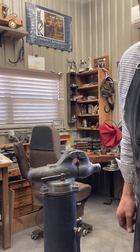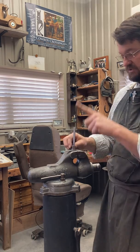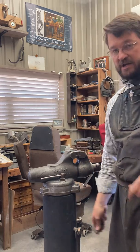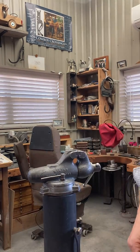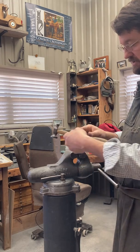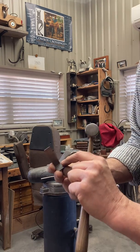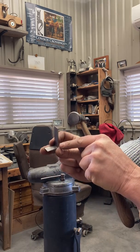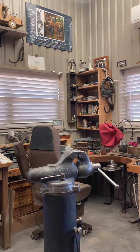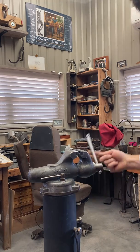And when I'm clamping it, when this is all straight, I get my square here, make sure it's straight up and down, pinch it down with my vise, and then I grab a hammer and bend it over straight. Bend it over and make sure that I bend it far enough to get a good, clean, crisp line right there. So here we are to this point. So next stage,